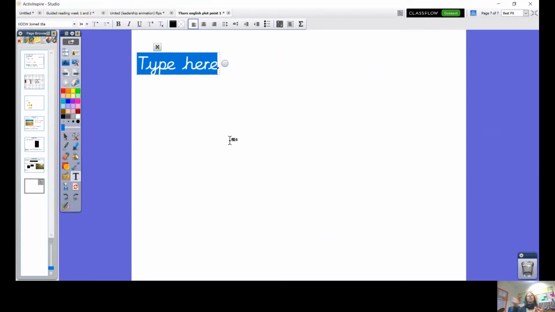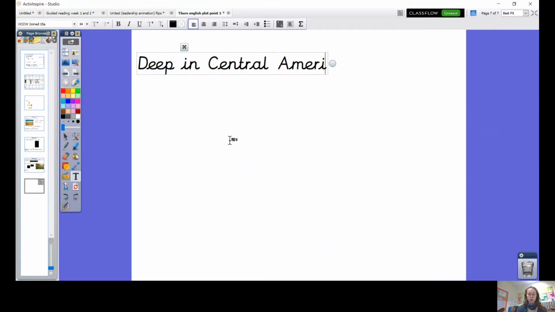I would like to really engage the reader straight away. I'm going to describe this place. I'm going to sort of pull them in. I know that the grasslands often grow in Central America, so I'm going to start my sentence off with deep in Central. Oh, I need a capital there because that's a place. Central America,